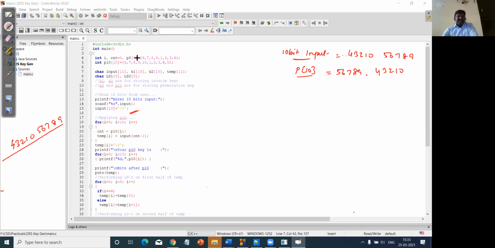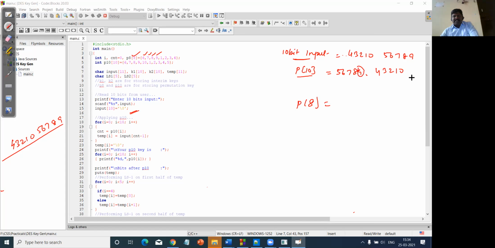After that, if I talk about my P8 permutation, the 8 values will be based on the positions I mentioned here: the bits present in the 6th position, 7th position, 8th position, and 9th position. So that makes 10 positions. From that I just ignore 5 and 10.